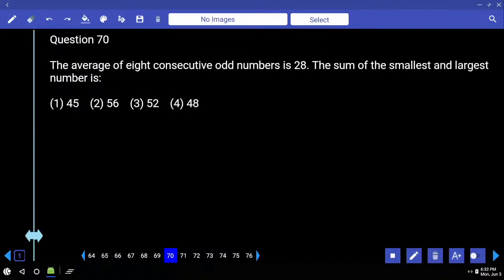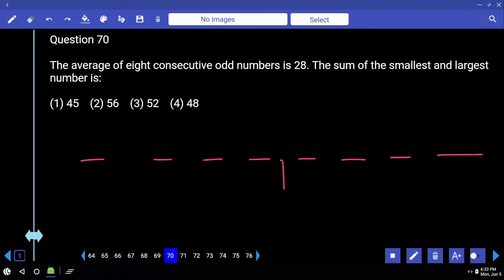The average of 8 consecutive odd numbers is 28. The sum of the smallest and largest number is? What is the average of consecutive numbers? The middle number. But here 8 numbers are there. We cannot get the exact middle value. So that will be the average of 2 values, isn't it? So obviously if there are 8 odd numbers,